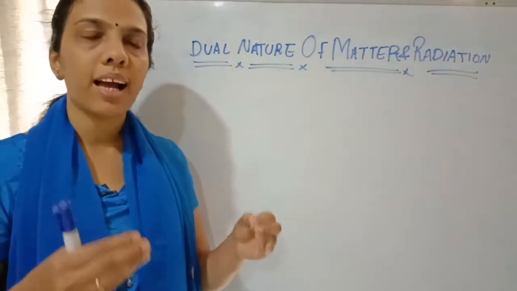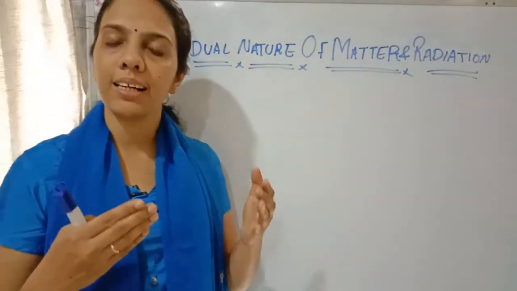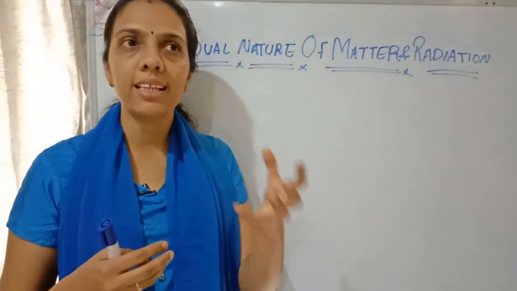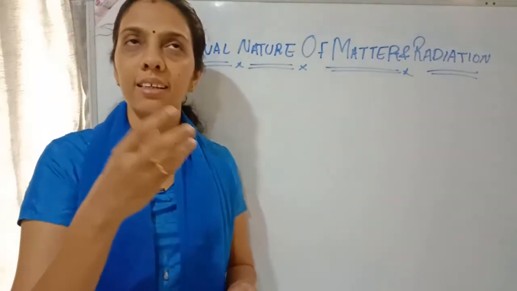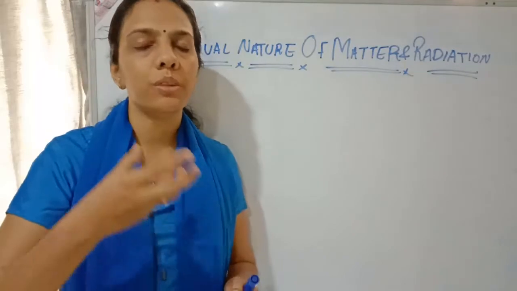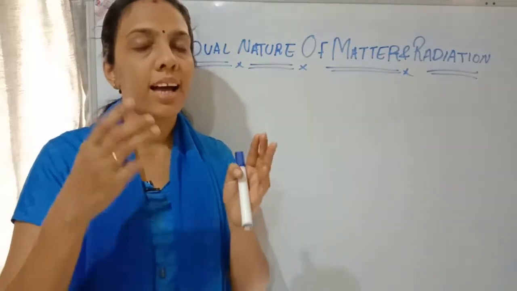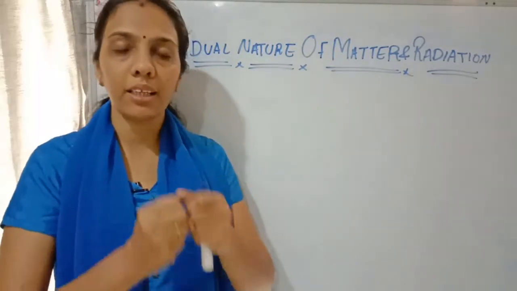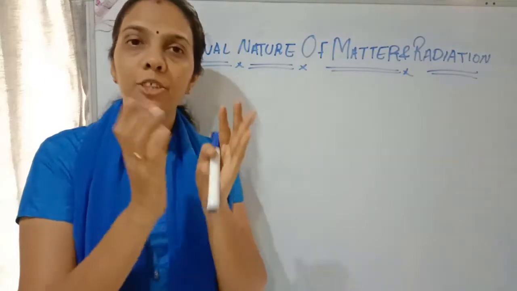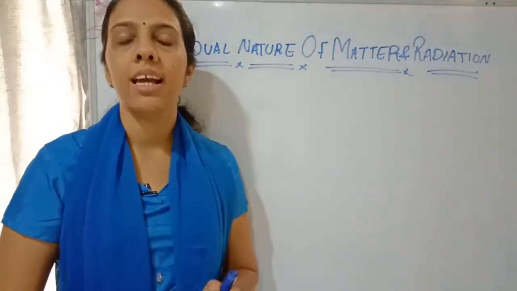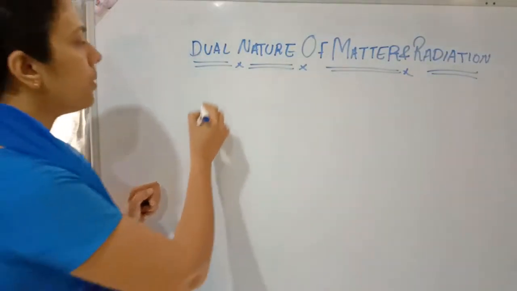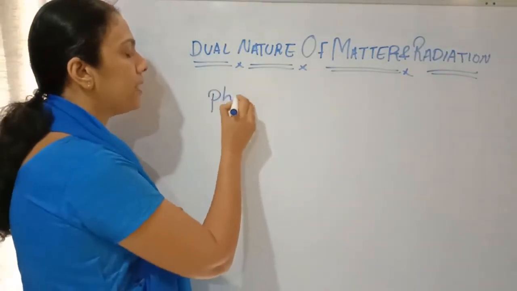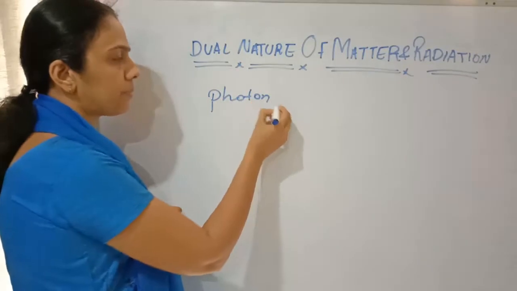When light rays are incident, we are considering the light as packets of energy. It's a particle, so there we are considering light as a particle. A particle of energy, or packet of energy, is falling on it. Its particle nature is called a photon. Photons give the particle nature of light rays.